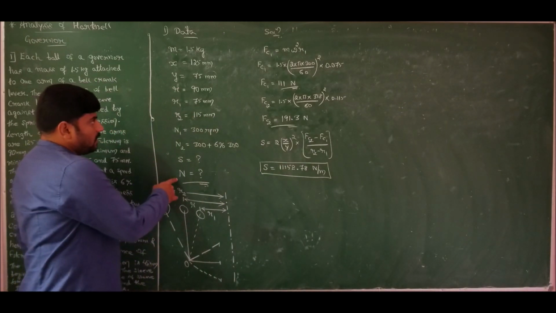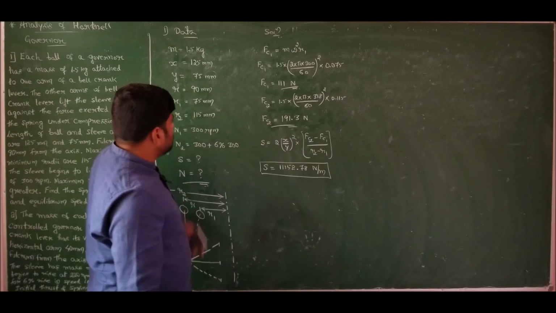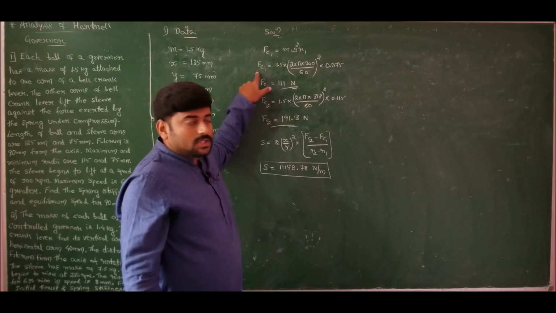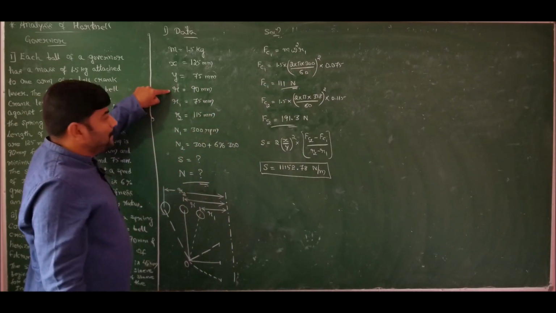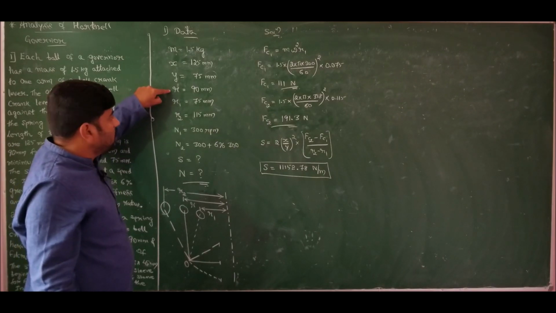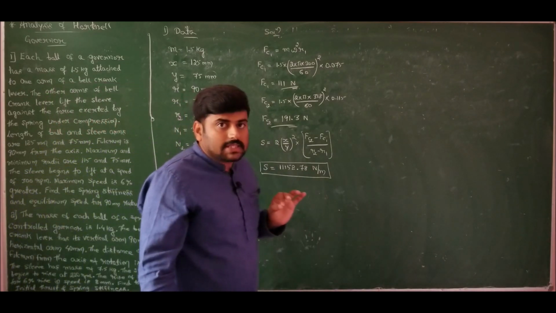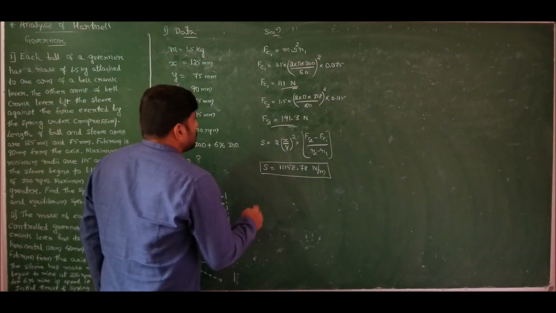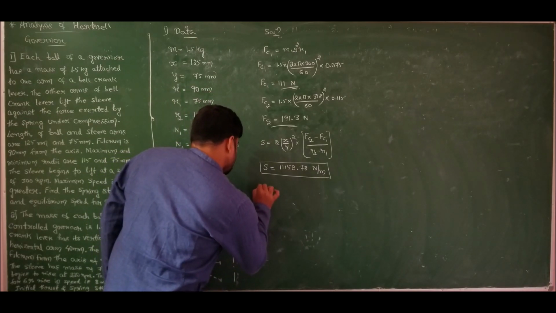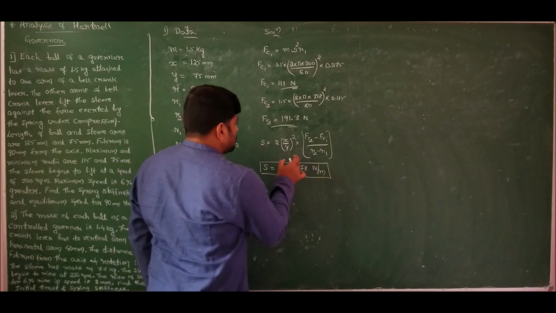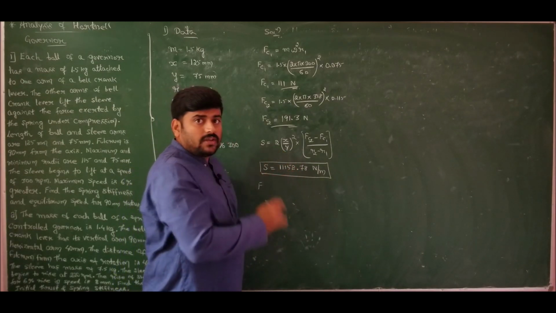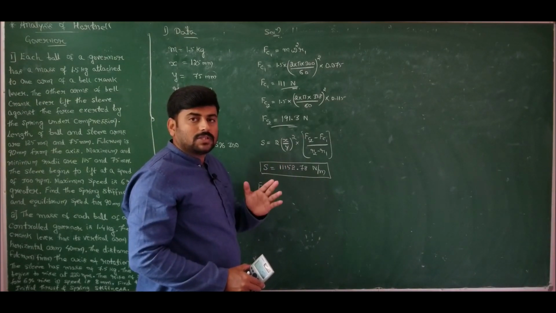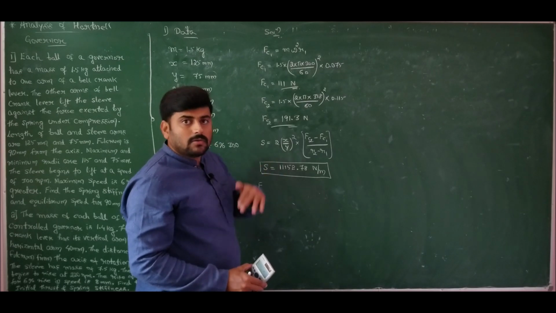Now I want to calculate the value of N for the mean radius of 90 mm. If you carefully observe, RPM is present in Fc. So I should find what the centrifugal force is at the mean radius of 90 millimeters. In order to find it, in our previous class itself I gave an important note to you. Recollecting that note about the centrifugal force, we know that the spring stiffness must be constant, whether I calculate between the mean position and minimum position, or between the mean position and maximum position, or between the minimum and maximum position.